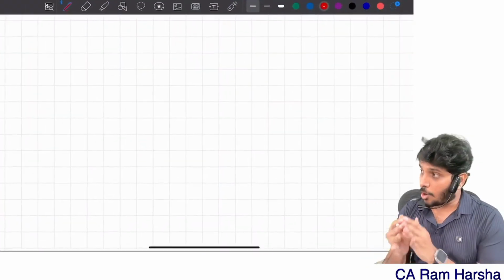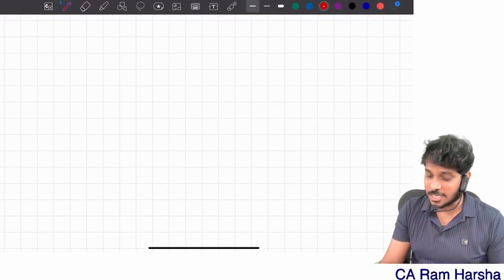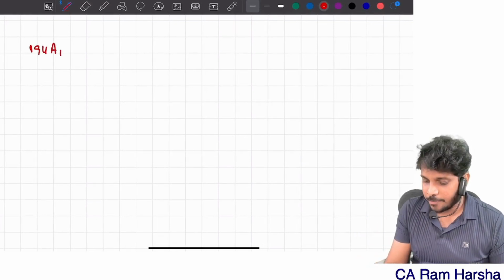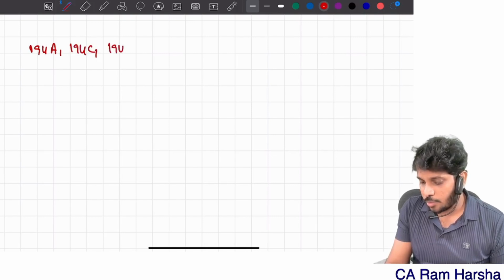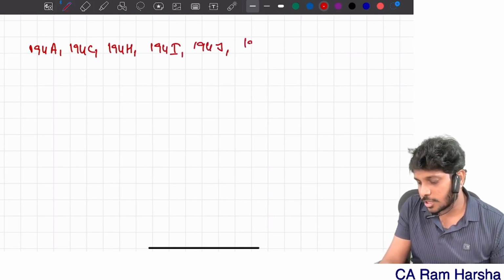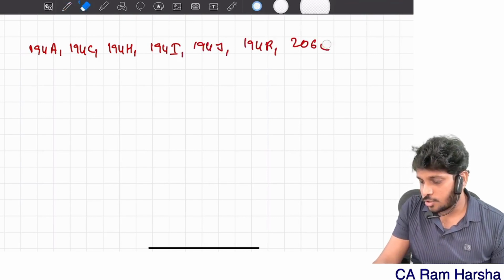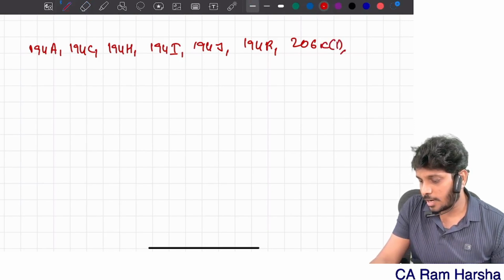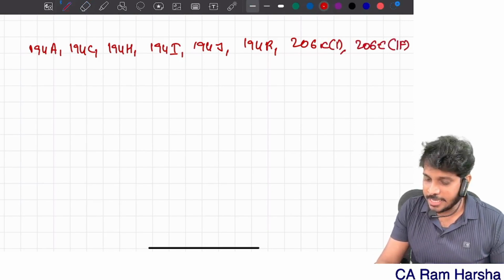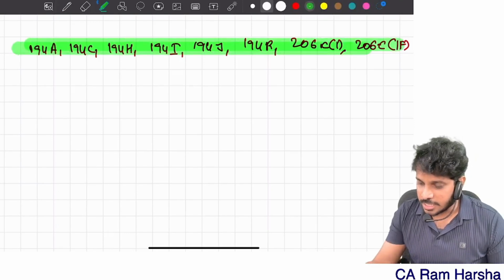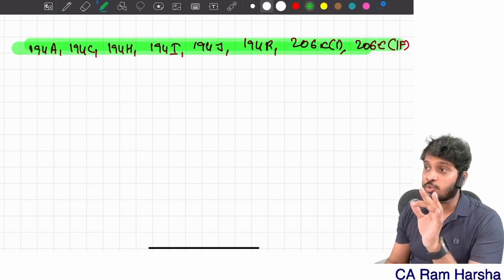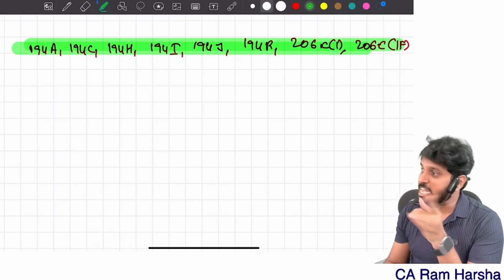There are section combinations you should remember. Section combinations: 194A, 194C, 194H, 194I, 194J, 194R, 206C, 206C subsection 1, 206C subsection 1F. These 8 sections are applicable to the payer, to the seller, who is any person other than